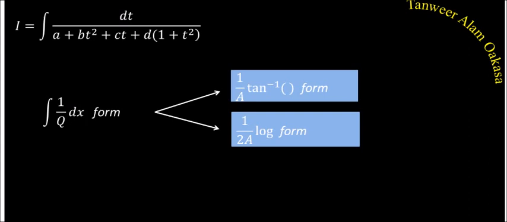So we had studied 4 forms. In the first form we do not have any constant, we have only cos of x and sin of x in the denominator, and the method was to convert into a single term. In the second, I had a constant also, so I convert cos of x and sin of x in terms of tan of x by 2. In the third form, I have cos x and sin x in both numerator and denominator, so I express the numerator in terms of the denominator. And in the fourth form, I have a degree 2 expression in the denominator plus a constant, cos square x, sin x cos x plus constant. And the method was to multiply and divide by sec square x.